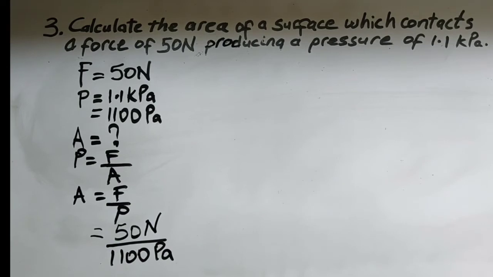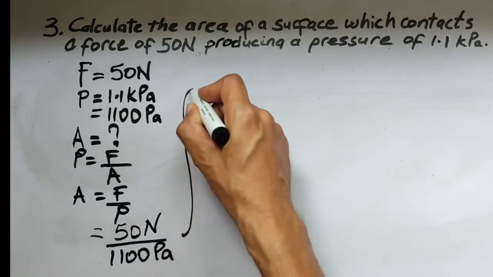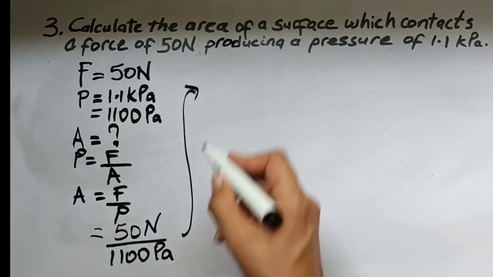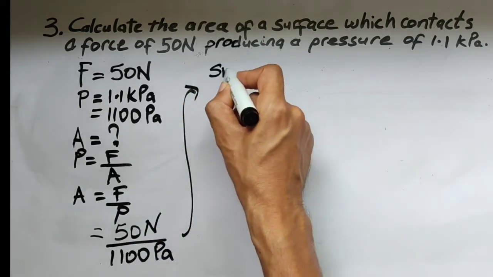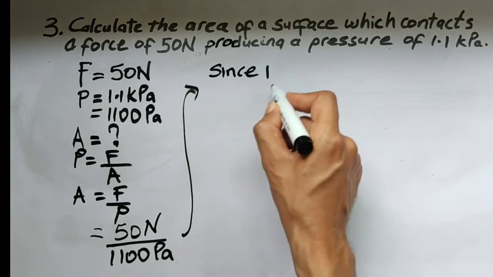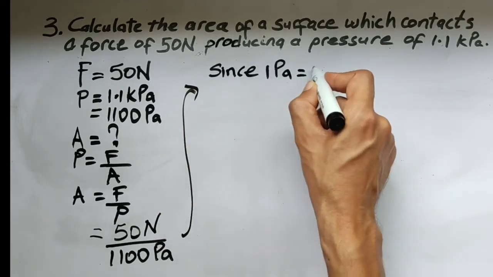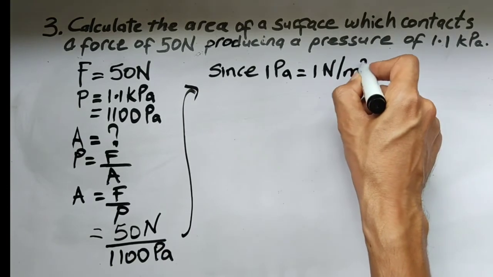We always look at units, and the SI unit of area is the meter squared. As such, we are going to have to convert this pascal to Newton per meter squared. You should recall that 1 pascal is equivalent to 1 Newton per meter squared. So I'll continue. At the top, I'll say that since 1 pascal is equivalent to 1 Newton per meter squared,